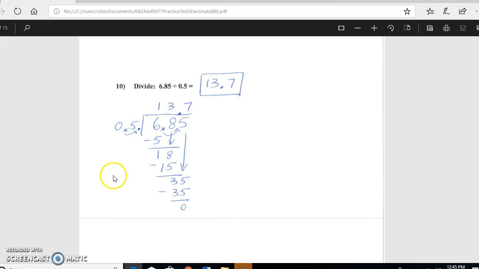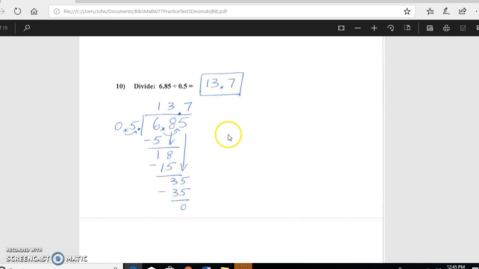And whenever we're dividing by a decimal number, we have to first change this decimal number here into a whole number. And so we need to take the decimal point and move it to the far right. And however many places we move the decimal point here, that's how many places we have to move the decimal point in the number under the quotient bar. So we've moved it one place value to the right, and now we have to move this decimal point one place value to the right here, and then we can put the decimal point up on the quotient bar here